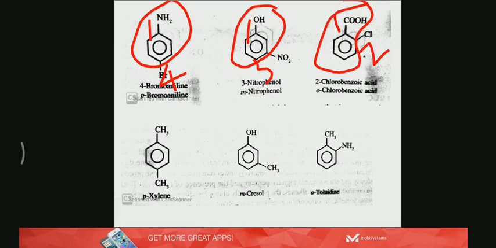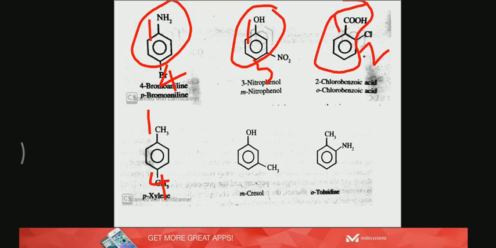In the next one, it is both CH3 groups. In such cases, there are special names. They are called xylene. The strict IUPAC name is dimethylbenzene. If you prefix it, the positions are 1, 4. So you can call it strictly 1,4-dimethylbenzene or 1,4-xylene, also called para-xylene. The point here is, in some cases when there are two substituents which are the same or different, there are some special names like dimethylbenzene